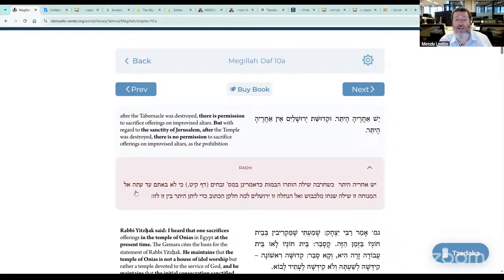Because it says, Ki lo basam el hamenucha. Zu Shiloh Shenachu Melichvoish. Means that God talks about Shiloh. Shiloh was not a no place. It wasn't just a technical place. It is a holy place. God called it Menucha, my place of resting. But just like when a person does a rest stop, it's not permanent. That's why Shiloh's not permanent, because it only says Menucha.